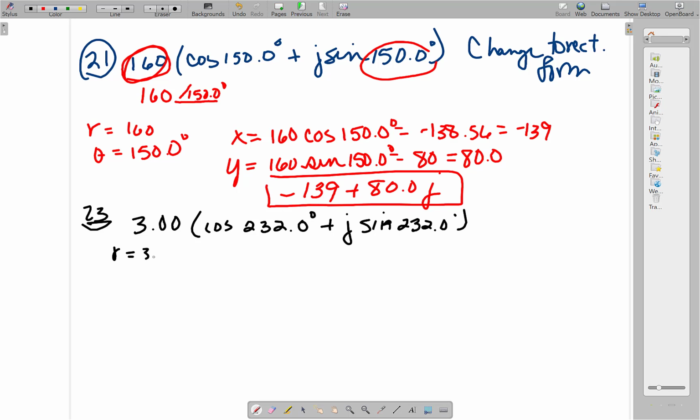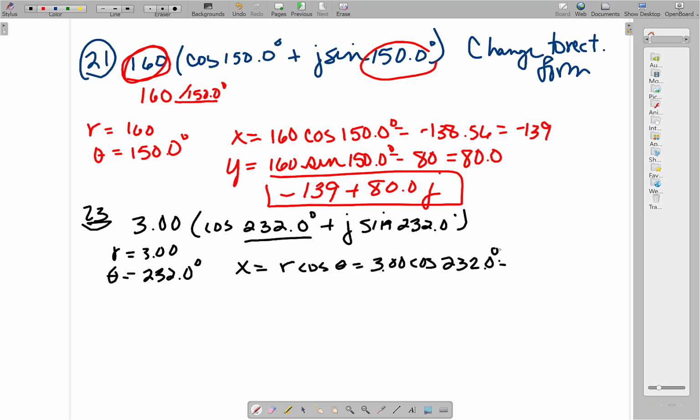R is equal to 3.00. Theta is equal to 232.0 degrees. X will be equal to r cosine theta, which is 3.00 times the cosine of 232.0 degrees,